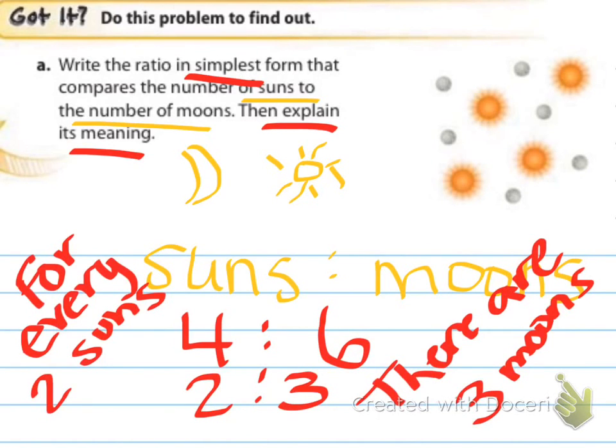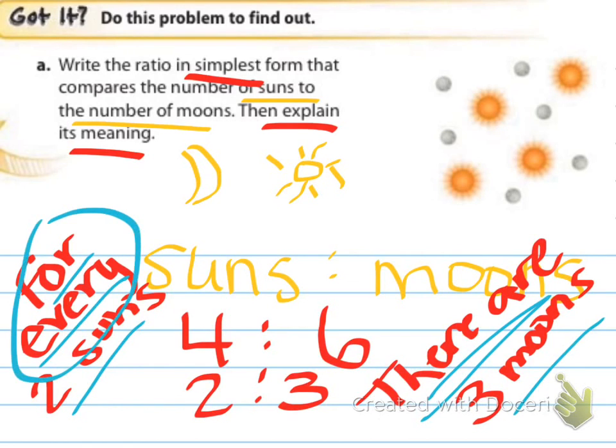The way that we would explain this is we would say for every 2 suns there are 3 moons. So using our key terms, for every, there are. That's how we explain